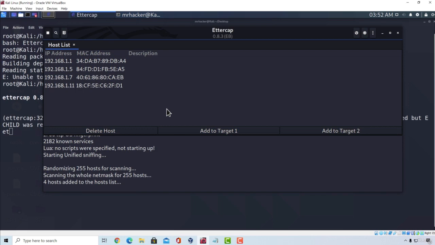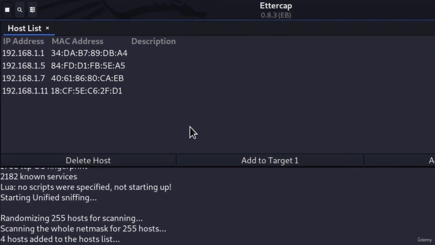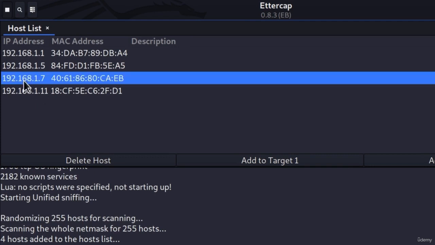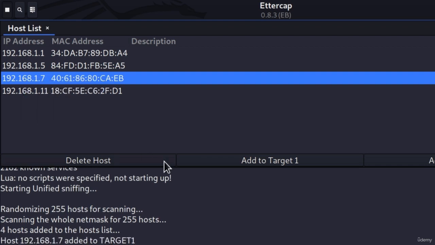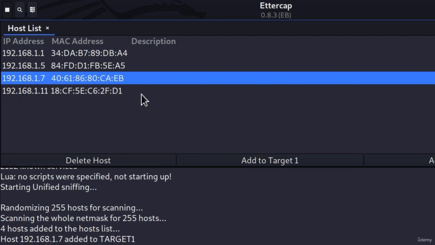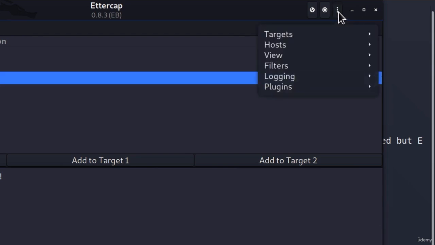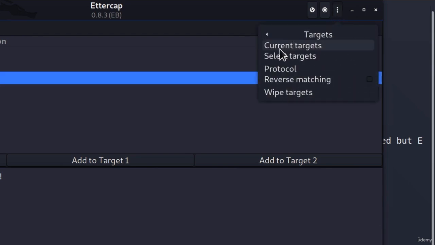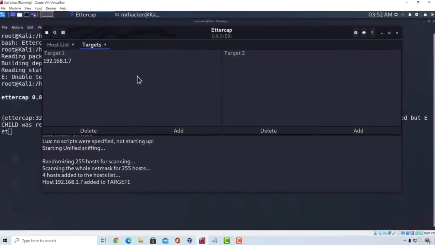You can choose whatever machine that you want. Since the IP address of my Windows 10 machine is 192.168.1.7, I'm going to right click on this and add to target 1. To check whether I successfully added, I can take a look down here, and it does say host and then this IP address added to target 1, but I can also go to these 3 dots, click on targets, and click on current targets,